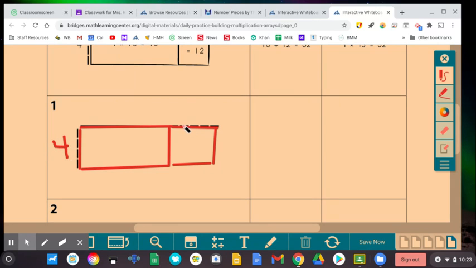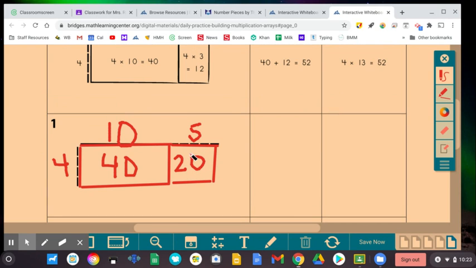This is 1, 2, 3, 4, 5. Do you remember how long this line is that I covered up? Remember, that is a 10. So now we have 4 times 10, which is 40, and 4 times 5, which is 20. So if we were going to add this together, we have 40